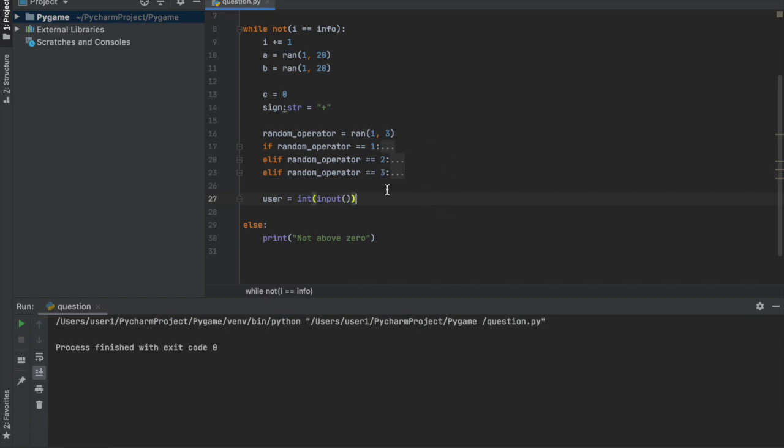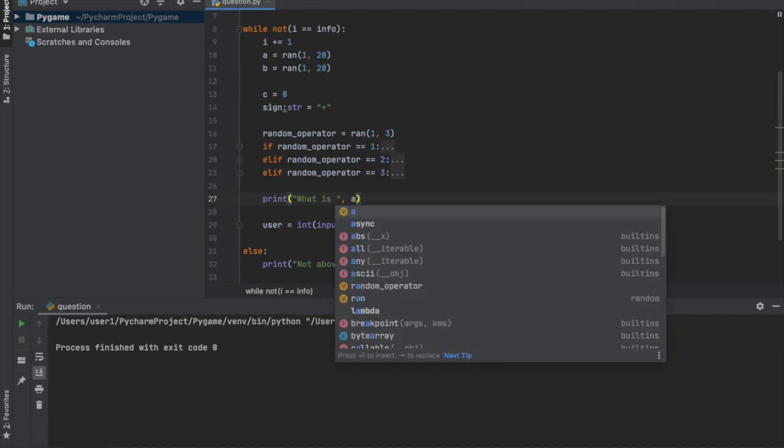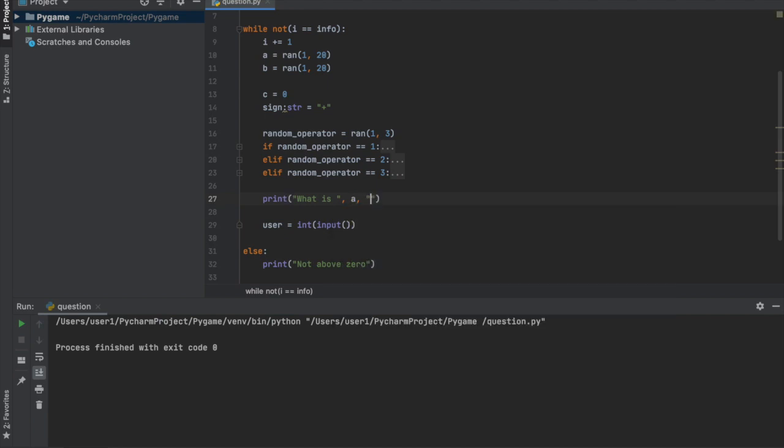We're going to say print what is a sign B, and I'm going to get that input from the user, and I'm going to say if